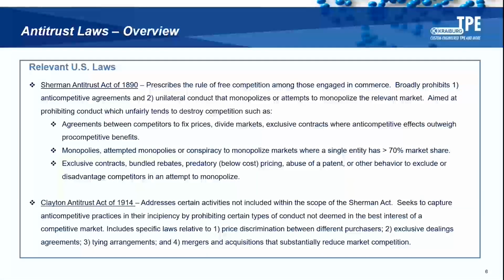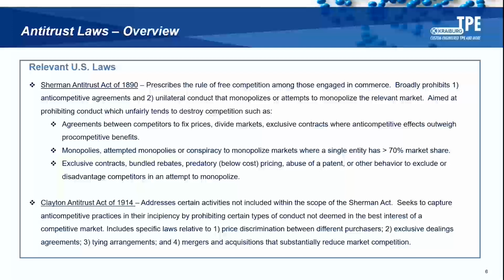It's really aimed at prohibiting conduct which unfairly tends to destroy competition, and this could include agreements between competitors to fix prices, divide up markets, establish exclusivity contracts where anti-competitive effects outweigh the pro-competitive benefits. Monopolies, attempted monopolies, or a conspiracy to monopolize markets where any single entity has in general more than